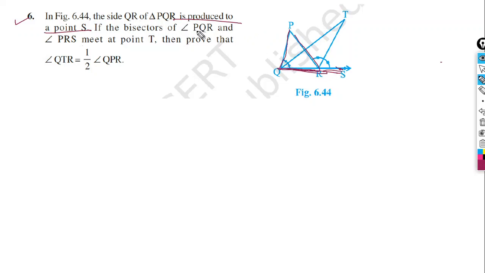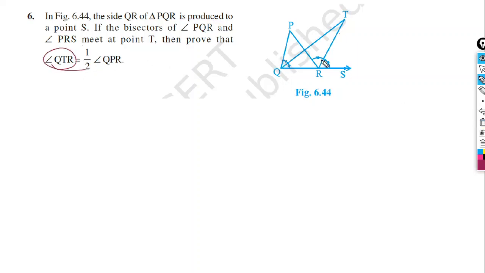If the bisector of angle PQR, this is the bisector of this angle, and the bisector of angle PRS, this bisector, RT, is the bisector of angle PRS, meet at point T. So both the bisectors are meeting at point T. Then prove that